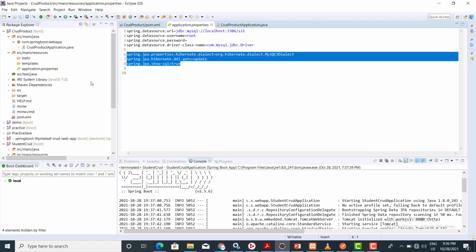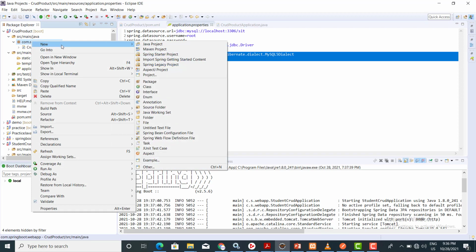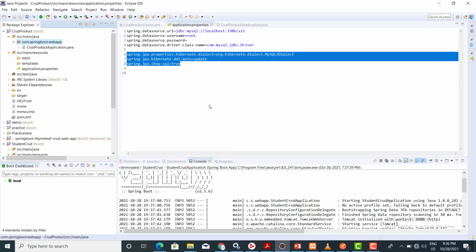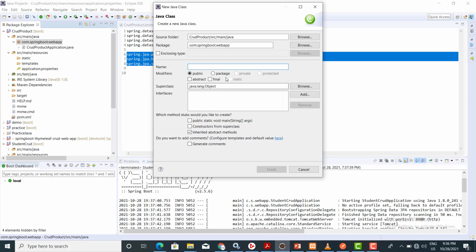Now I want to add the first class, that is the model class. Now right click on it, select new and select class. Now the class I am going to add in a package model. So I am creating a package model.